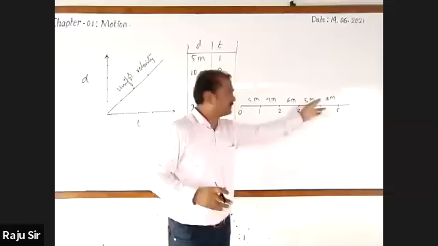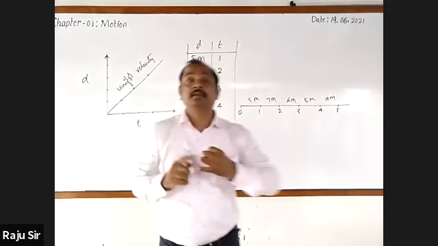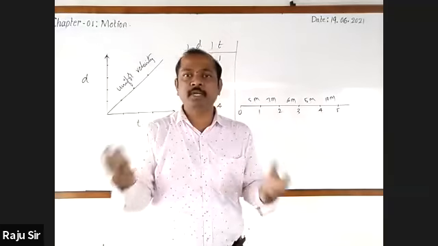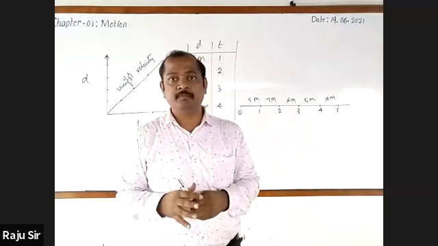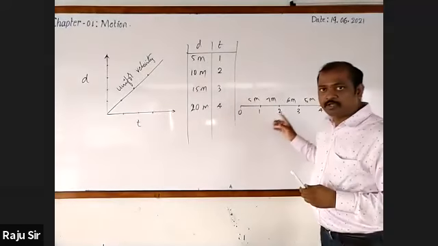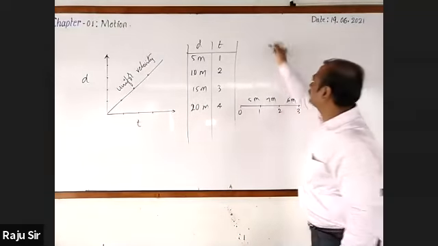Yes, sir. What type of motion is it? Non-uniform motion. When a body covers unequal distances in equal intervals of time, the motion is called non-uniform motion, and the velocity is called non-uniform velocity, or speed is called non-uniform speed. If I draw the graph for this, you'll come to know how it will look.